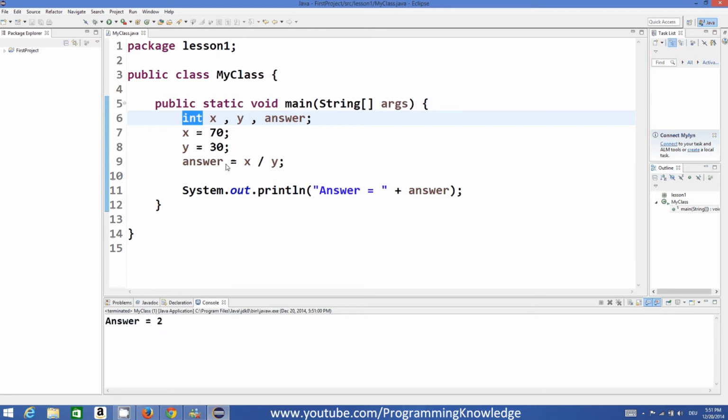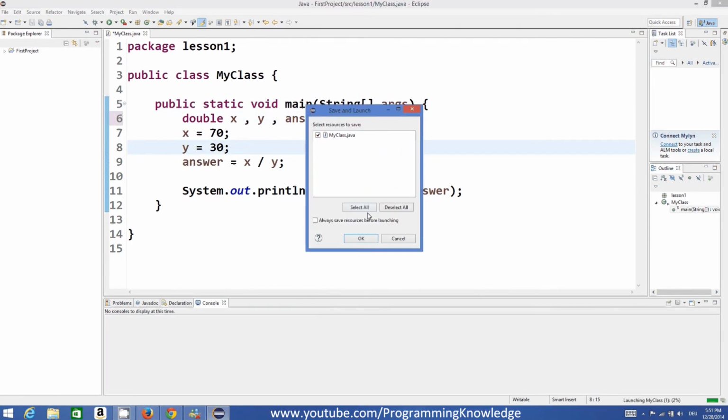The answer for the division of 70 by 30 is 2 point something, right? But because this answer and these two are integers, we will only get the integer value out of this, and we will not get the whole division value, which is 2 point something. But to get this decimal value as an answer, you can declare your variables as double. So when you do something like this, see what's the answer.